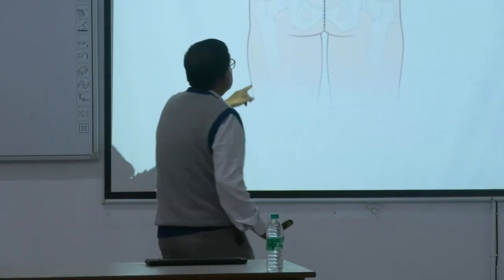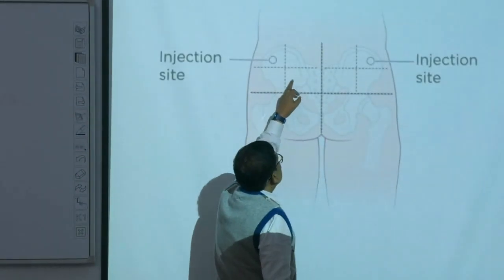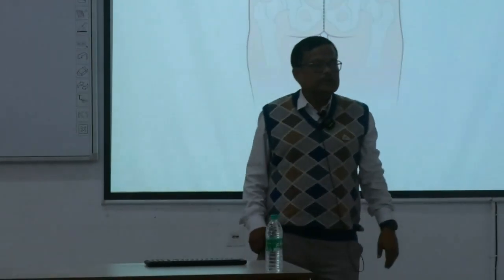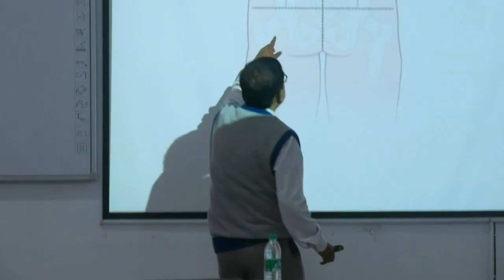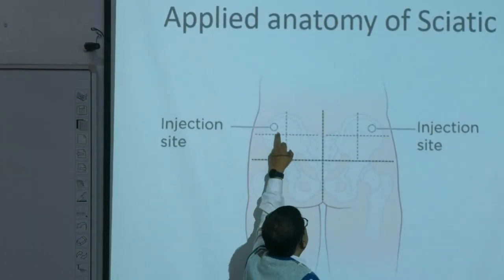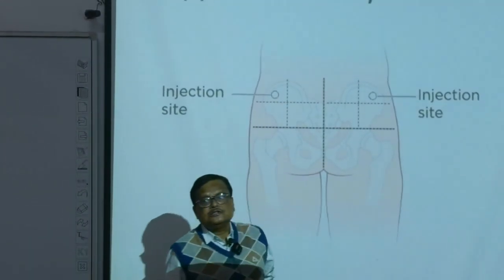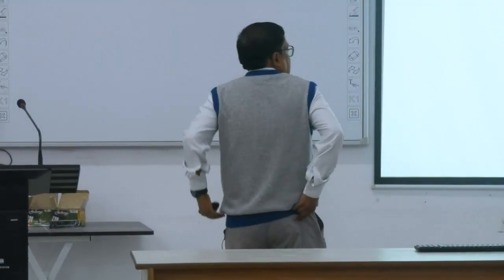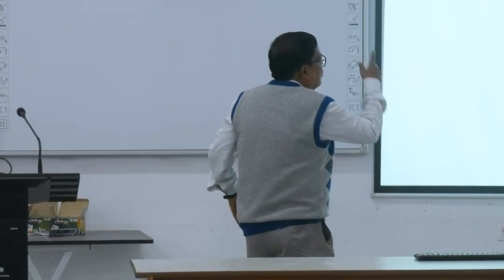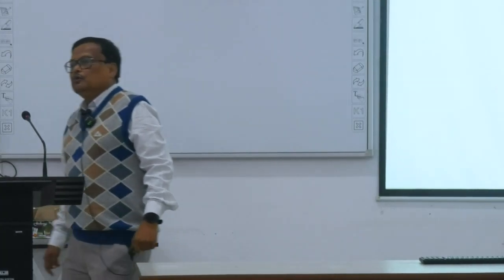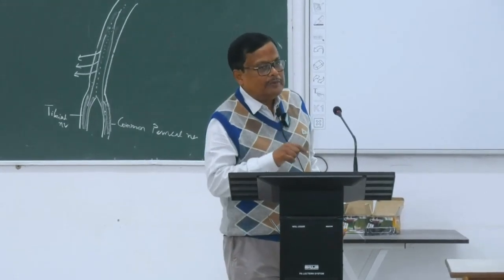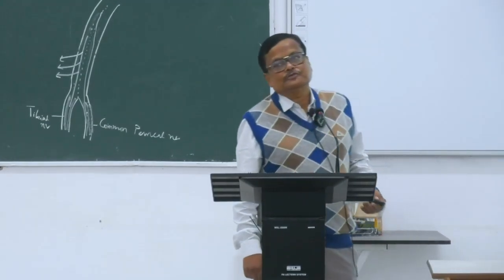So, ideal site of gluteal region injection, অনেক সময় gluteal region এ দেওয়া হয়, intramuscular injection. Then we divide this gluteal region into 4 quadrants, and the upper and outer quadrant is the ideal site for doing injection. এই জায়গাটা upper and outer quadrant is the site of intramuscular injection in the gluteal region. If we give medially, or in the lower medial component, there is a chance of damage of the sciatic nerve.